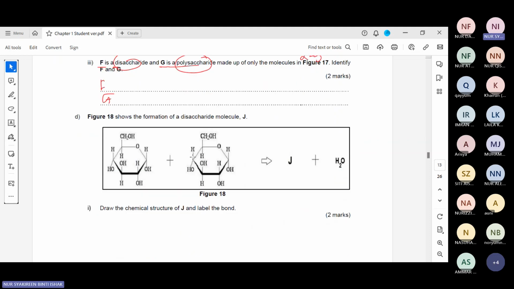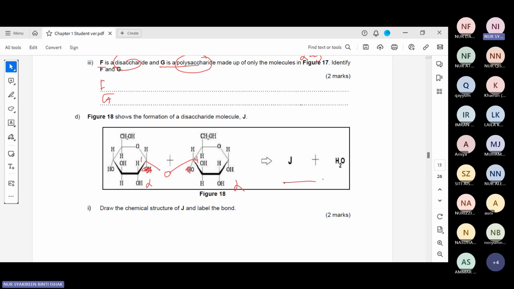So D, figure 18 shows the formation of a disaccharide molecule. So which is J. So kita ada alpha glucose juga. So alpha dia akan jadi maltose lah kat sini. J is maltose. So join lah. So in the formation of the maltose sugar, so dia akan remove OH, dia akan remove H, and you can form oxygen in between carbon number